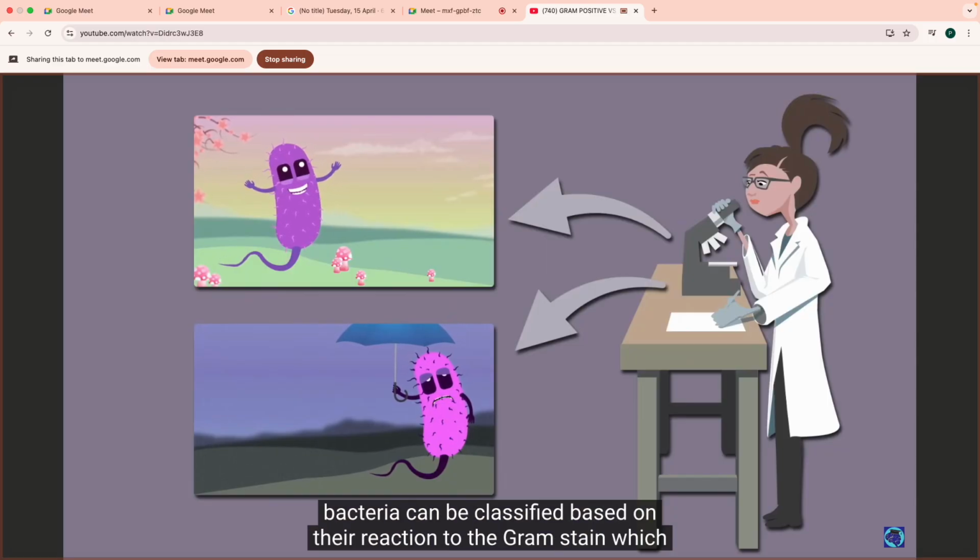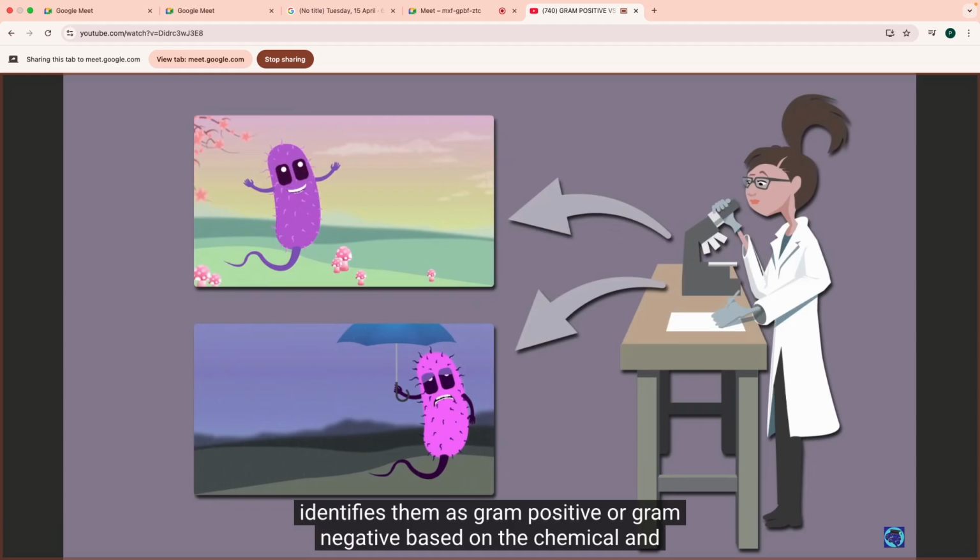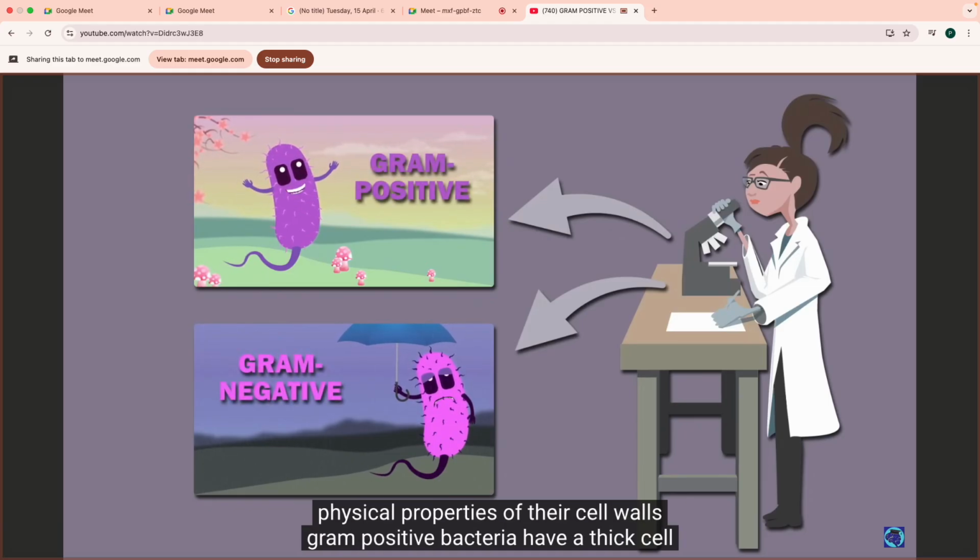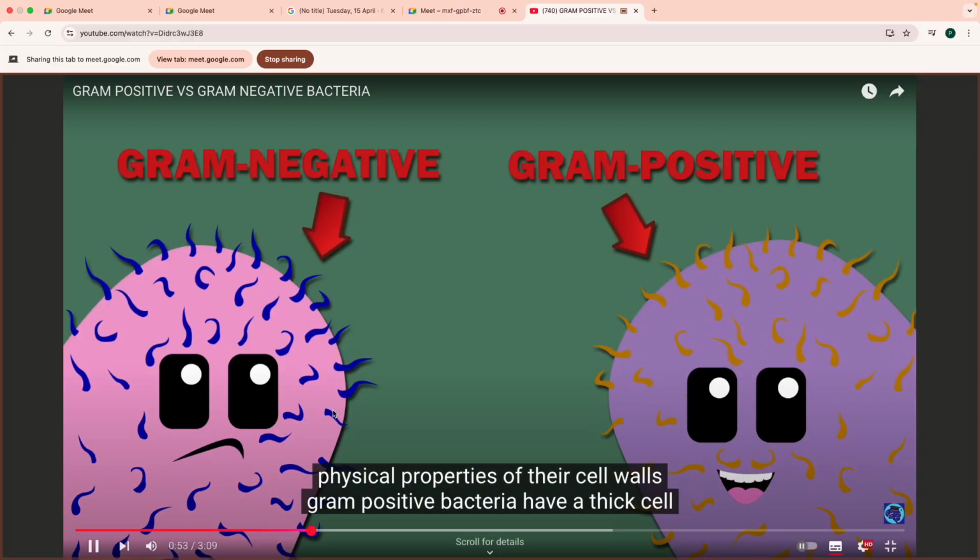Bacteria can be classified based on their reaction to the gram stain, which identifies them as gram positive or gram negative, based on the chemical and physical properties of their cell walls. Gram positive bacteria